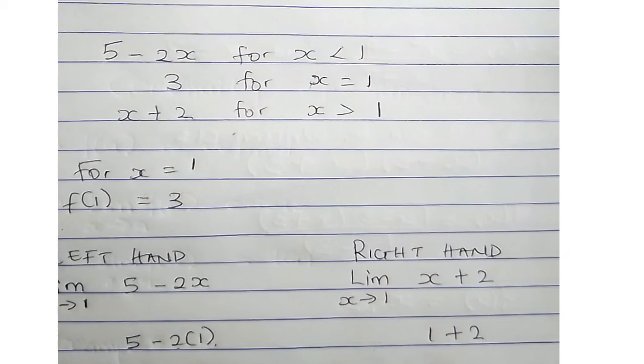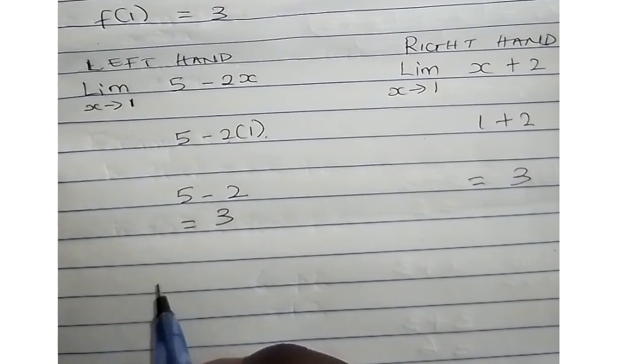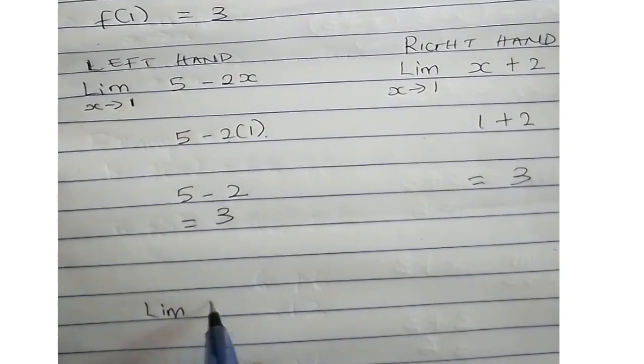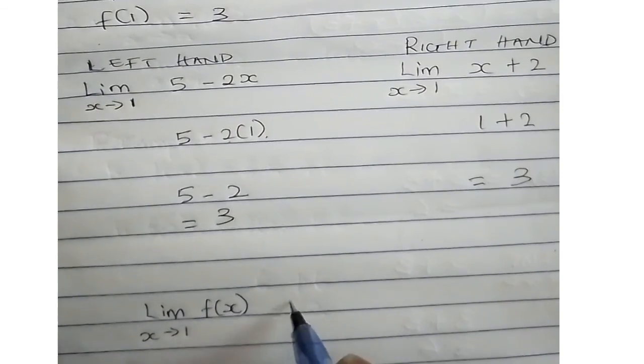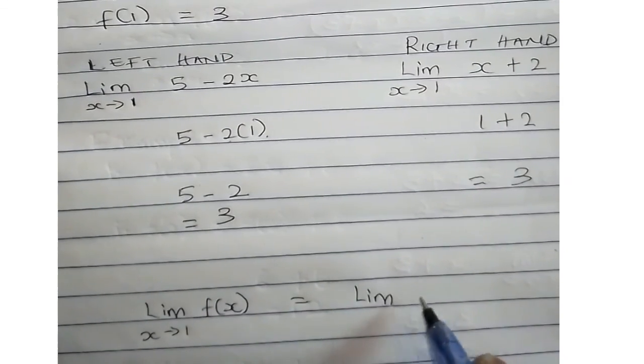And the first condition, f of 1, which was already given to us, is 3. So therefore, we can say the limit of f of x at the right hand side is equal to the limit of f of x